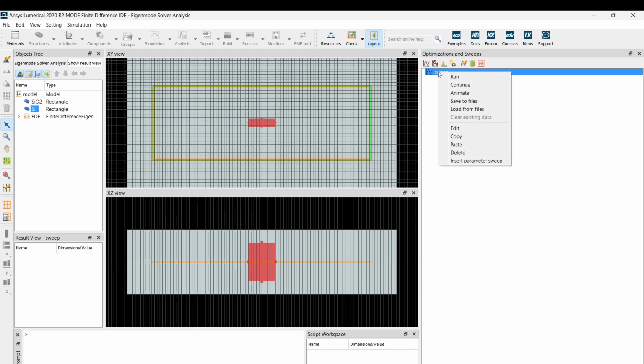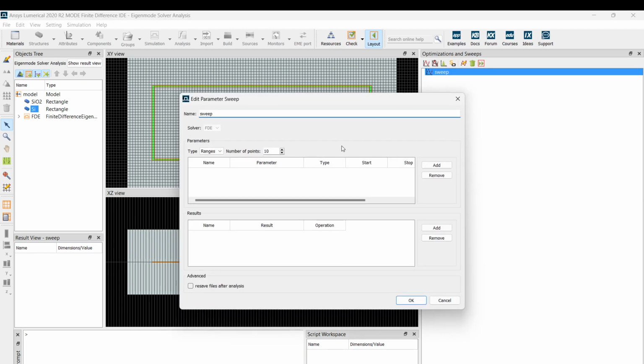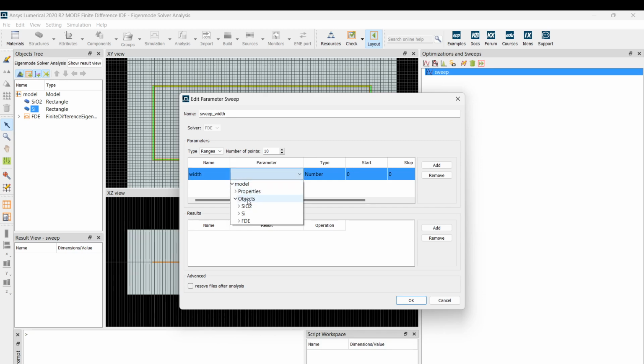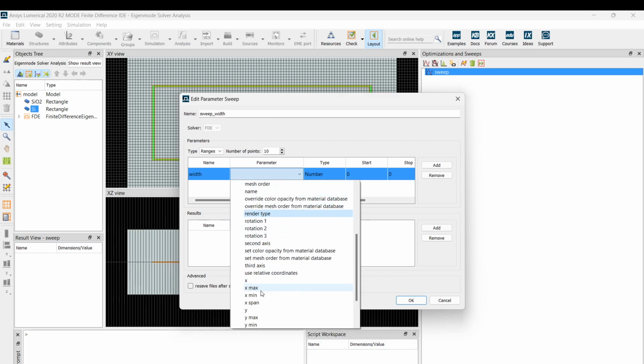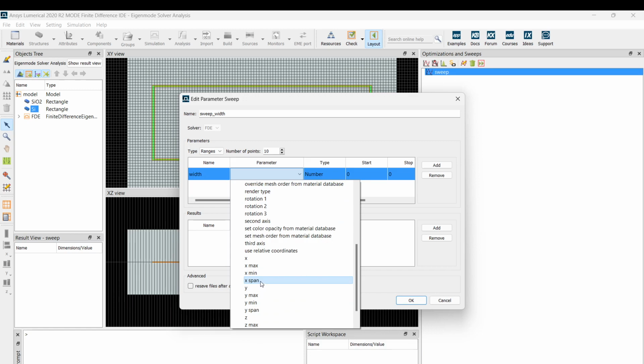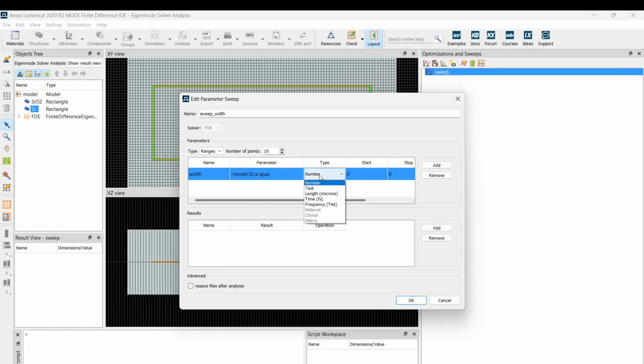So what do we want to sweep on? We go to edit the sweep, and the sweep name will be sweep width. Add parameters, width. Select parameter. We select the parameter from the different objects. We are changing the silicon width, and the width is given by nothing but the expand. The type will be length, because it's the length in microns that we want to change.